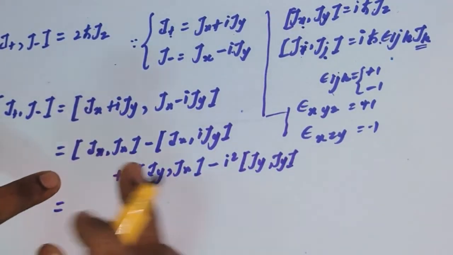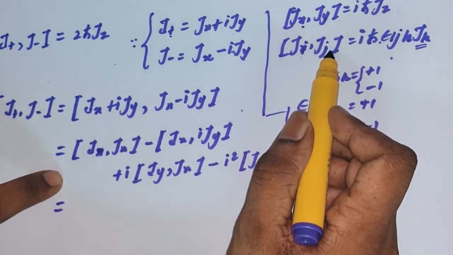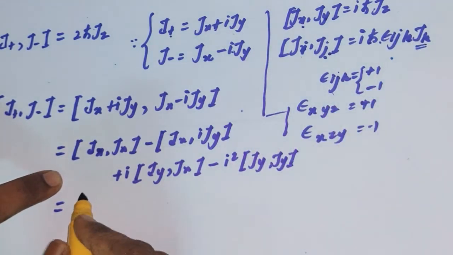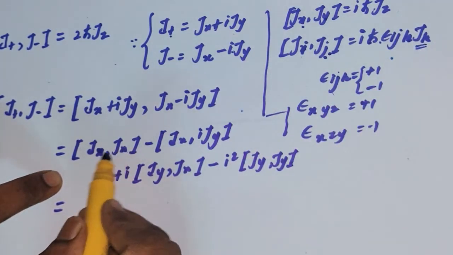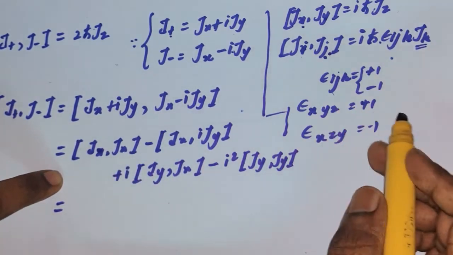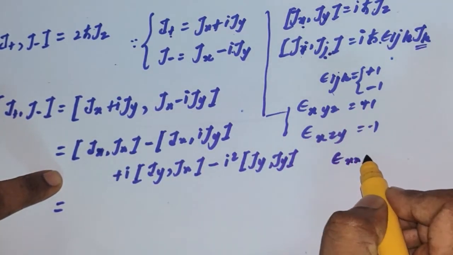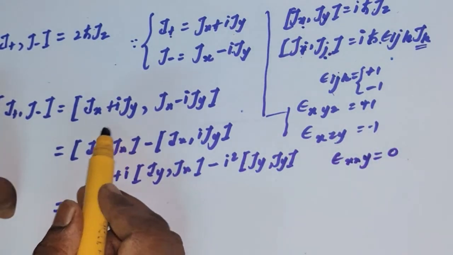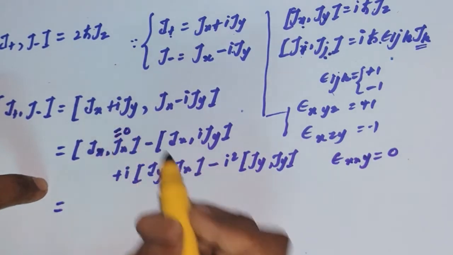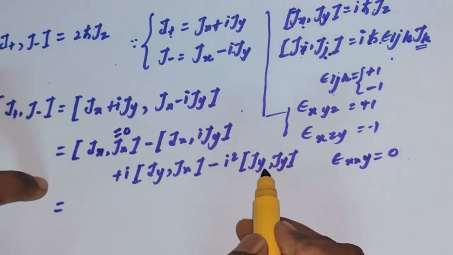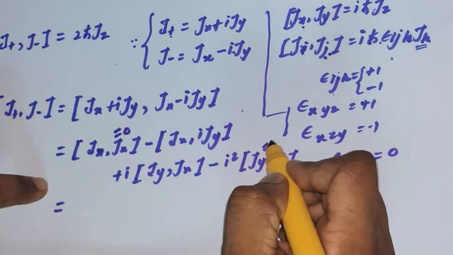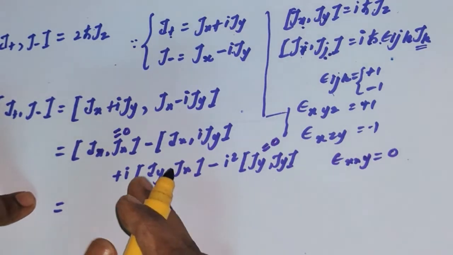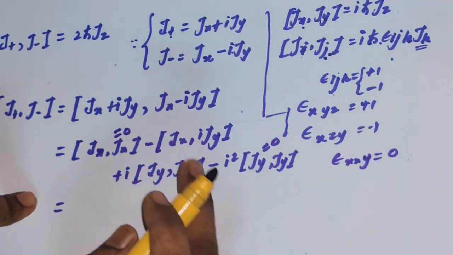Here with i equal to x and j also equal to x, it will be equal to i h-cut epsilon ijk jk. If any indices are repeating in the Levi-Civita symbol, then it goes to 0. That means if it is x with some other variable, then this goes to 0. So this commutation is equal to 0, no need of writing this one. In a similar manner, for jy with jy, repeating indices, the commutation goes to 0. So only the surviving angular momentum commutations remain, this one as well as this one.